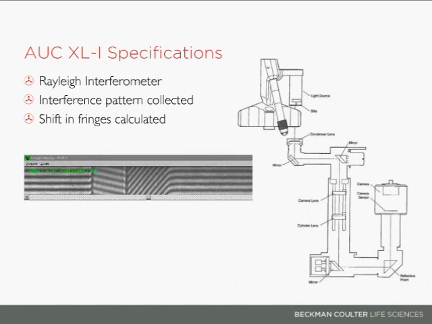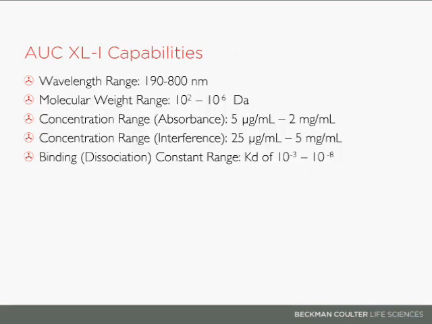The XL-I has both absorption and interference optics on the platform, so it still has the same wavelength range for absorption optics. It's able to determine molecular weights down to 100 Dalton. The concentration range for interference is slightly higher than that for absorbance, so it cannot go down to 5 micrograms per mL, but it does have a higher upper limit of concentration of 5 milligrams per mL. With the absorption, you really want to have an optical density for your samples of a maximum of around 1.5. So if you were using a 12 millimeter path length cell, you're only able to go up so high in